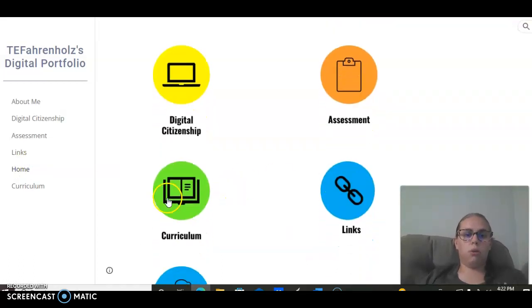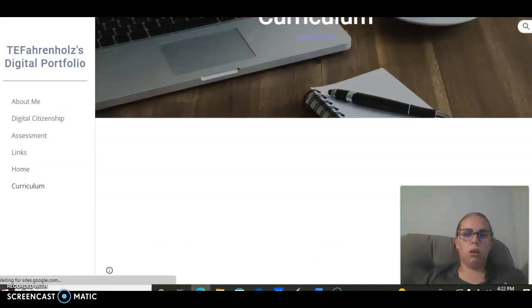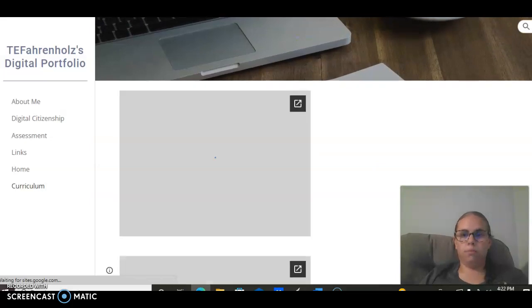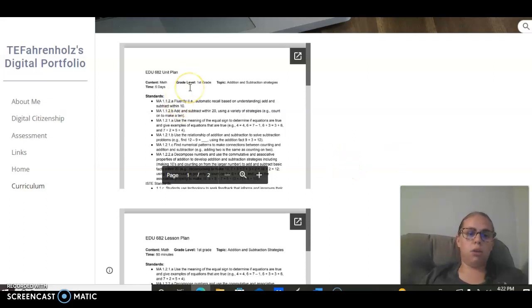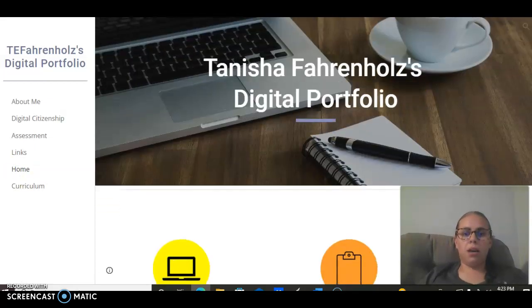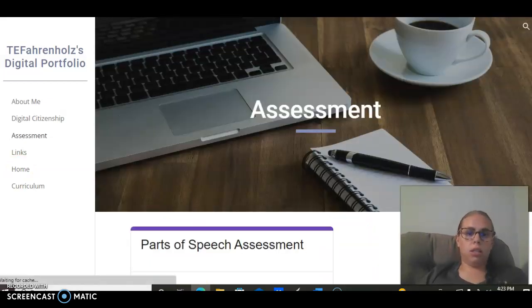If we go to the curriculum page within the website, you will see that I have uploaded my unit plan and my lesson plan. I designed my unit plan and lesson plan for a first grade level, and it is on addition and subtraction strategies, since this is what we focus a lot on at the beginning of our math curriculum. Going back to the page, I will click on the assessment link, and in the assessment page you